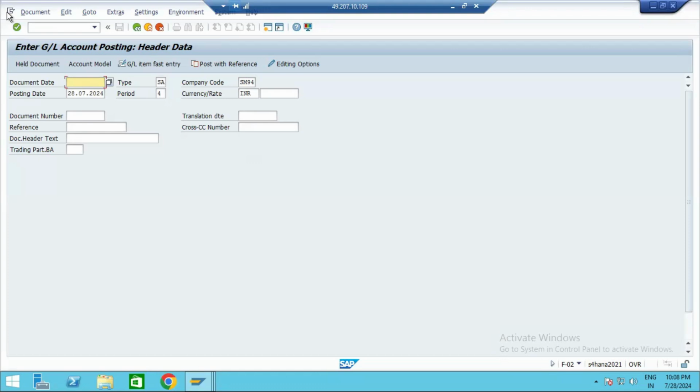Now we will go for posting on our company code. Because at that time we had not created the chart of accounts, we had not created the GLs and all that, right? So that's why we were not able to do the posting. But now we are done with GL creation. Now let us go for posting in our company code. So let us see that. Let us take the document date as today's date. Document type is SA. Company code is, let's say, S106. I think we have done the postings for 1710 or SM94 like that. Press enter. Now you can see